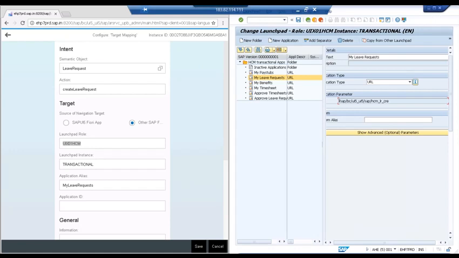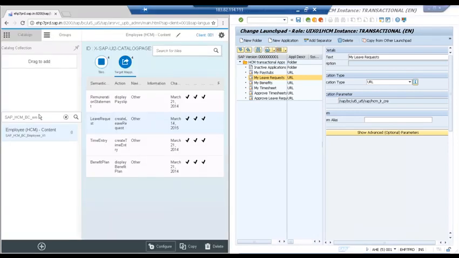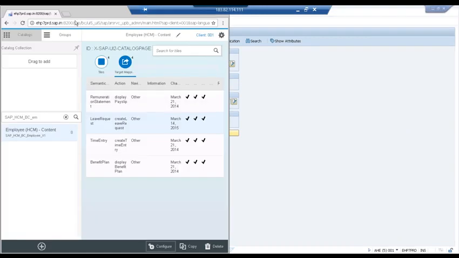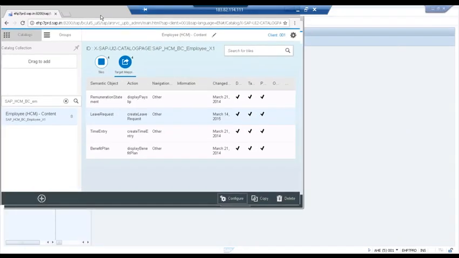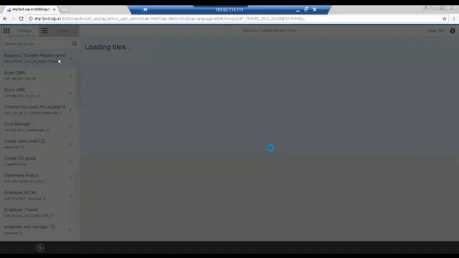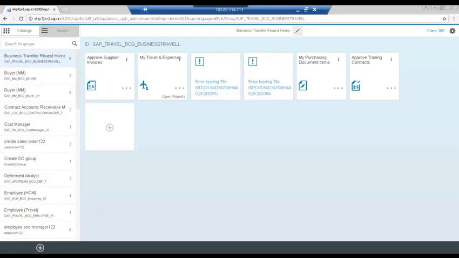to enable the standard Fiori app out of the box. So this is about your content, this is about your business content, business catalog. Now when you have a business catalog, we will have groups also in the business catalog. So what is a group? So if you see, come back to groups, you see there are a lot of groups. Let's go back to our